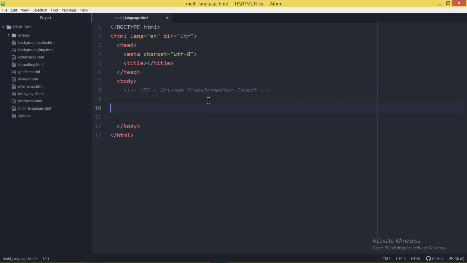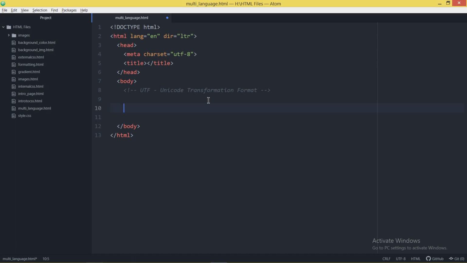Now whenever you want to write some content in another language, maybe in Hindi or maybe in English, what do you have to do? You have to install additional fonts of Hindi or Punjabi. They are called true type fonts. But if you are working in the Windows operating system, you don't need to install any additional fonts of English, Hindi, Punjabi or any other language. In Windows, we have inbuilt options to add another language keyboard.